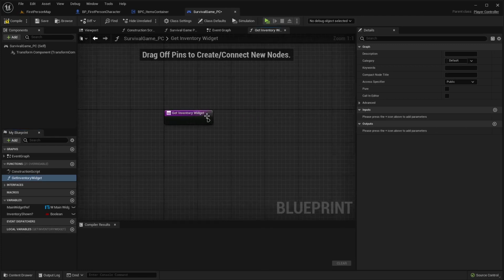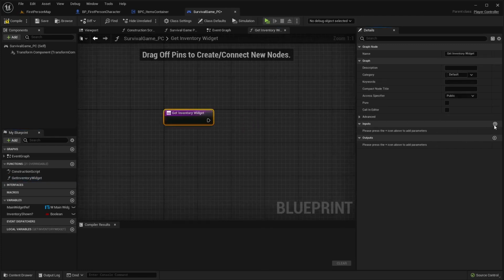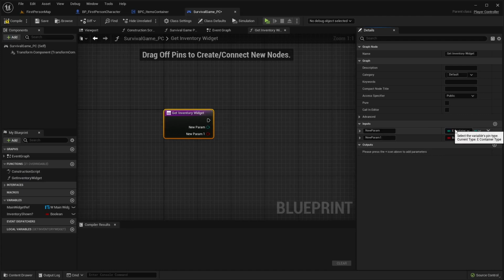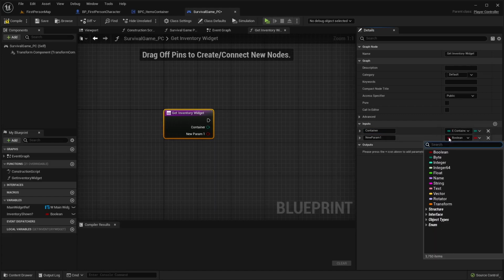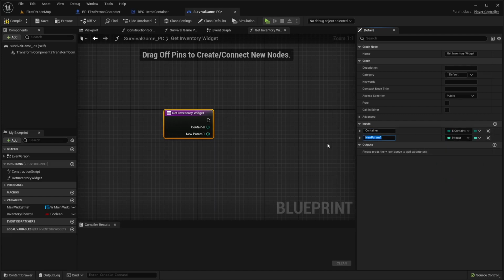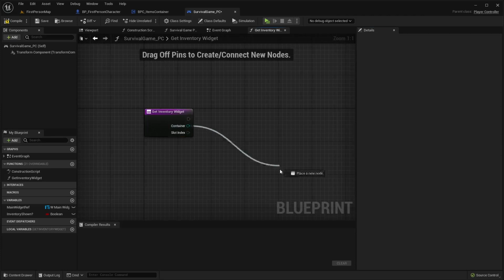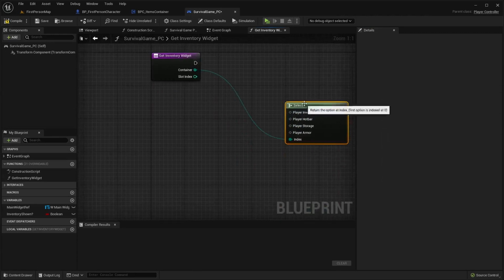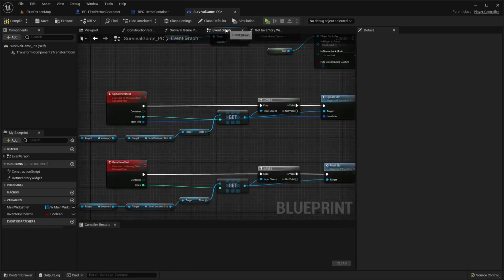So this will have 2 inputs. The first one will be E underscore container type. So our E container type enumeration, you just do container. And the next one will be an integer, and we'll change this to slot index. So for the container, what we want to do is do a select. Okay. And then what we want to do is in our event graph, let's just copy